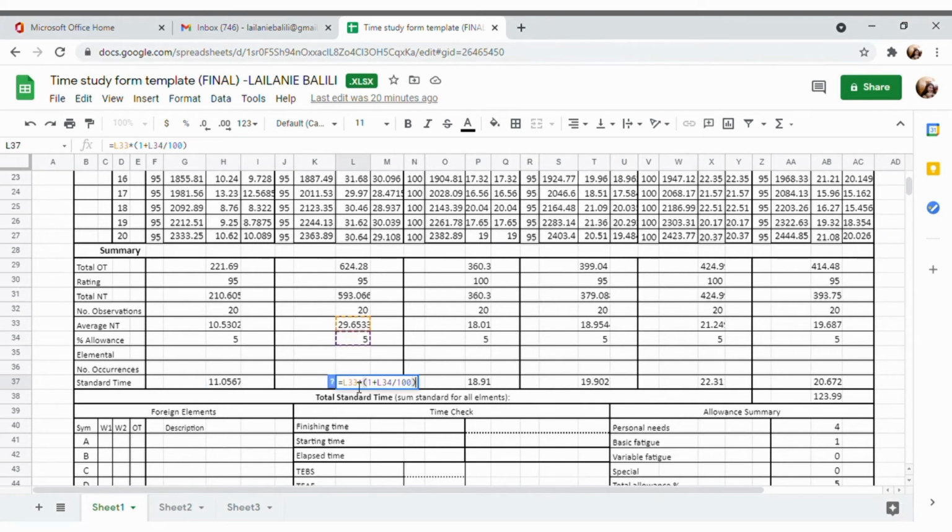So we have this standard time, and to get the total standard time, we just need to sum all the standard times. And then we get the total standard time. So we have 123.99 seconds. So this is the total standard time. So 123.99 seconds, or in minutes, we have 2.0665 minutes. Which means that the standard time to finish washing a scrub suit is 2.0665 minutes, or 123.99 seconds, which